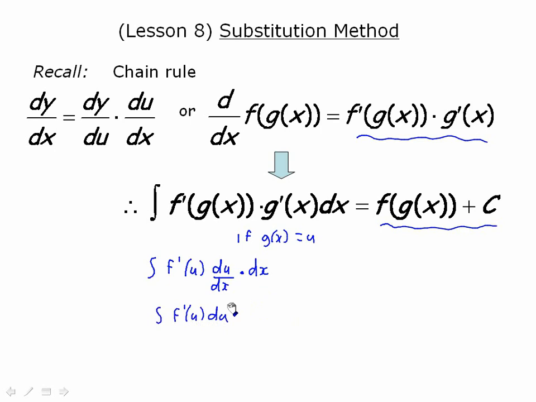And what this tells us is that by using substitution, we can simplify or anti-differentiate complicated expressions. Or if you prefer, we can undo